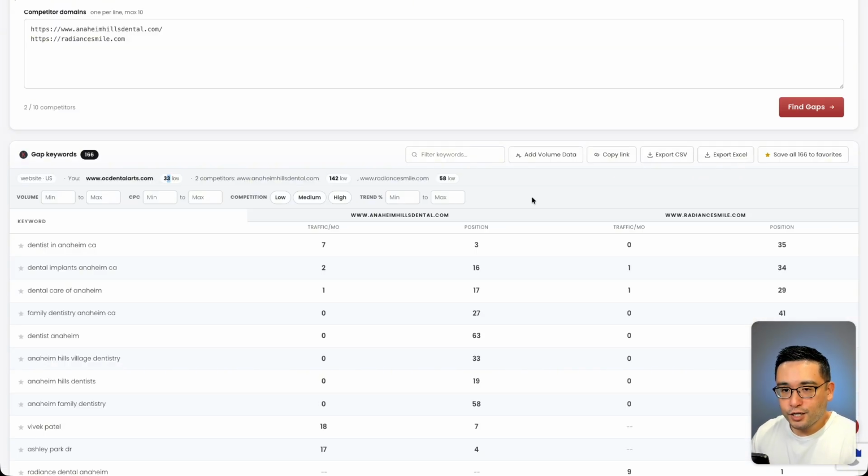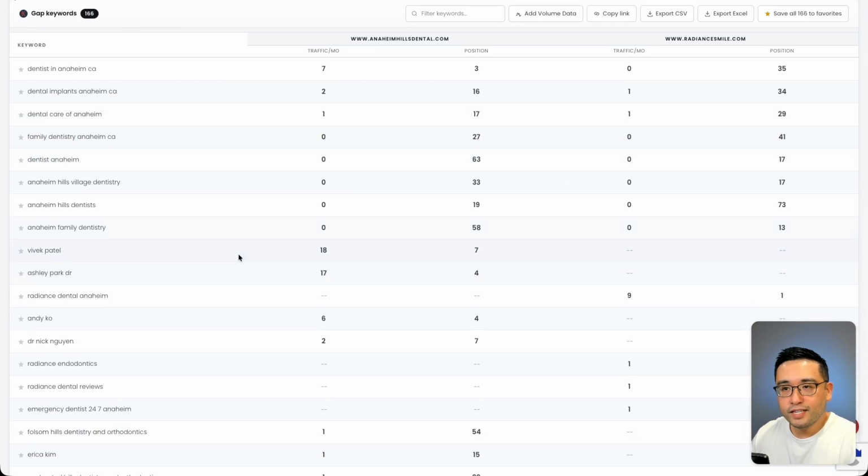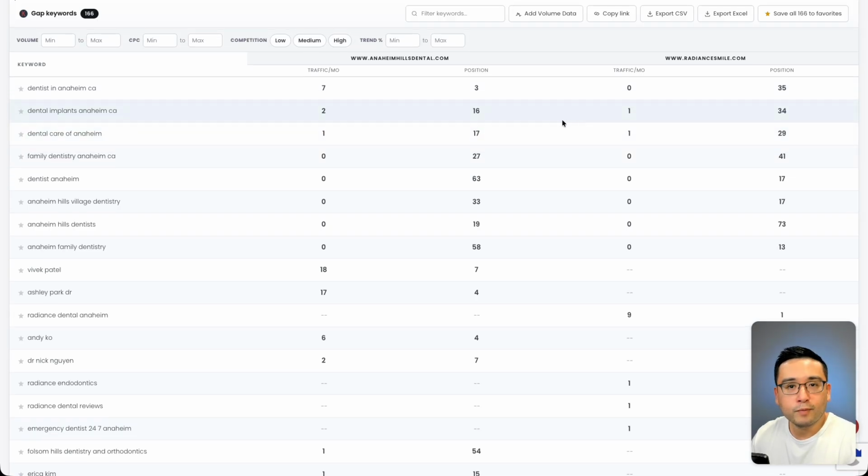Now, I like to pay attention to the keywords at the top of this table because you could see which keywords both of our competitors are ranking for. So for example, this one here, dentist in Anaheim, California, this first competitor is ranking number 3, and the second one has position 38. You could also see the average traffic they are receiving from these specific keywords every single